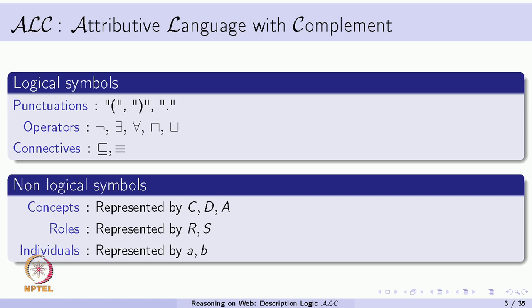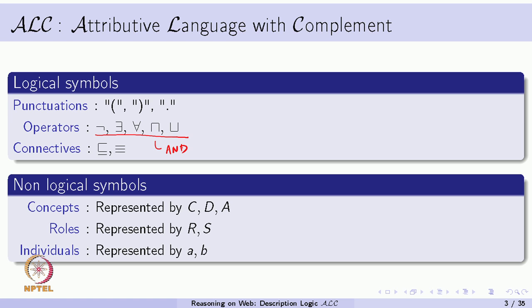Okay. So, this is a language, as you can see, there are 5 concept forming operators, as you can see here. A new thing here is this negation, where you can talk about the complement of a set. We could not do that earlier. This exists, and for all are similar to what we have seen, but we will see the details in a moment. This symbol is for and